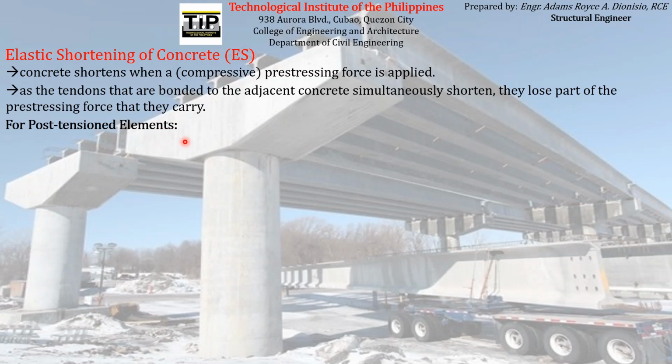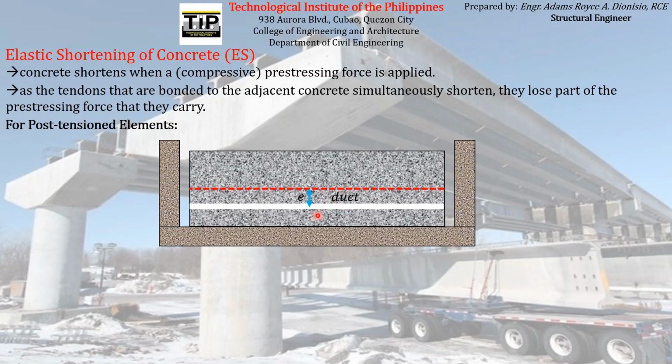to illustrate the particular method to compute the pre-stress loss due to elastic shortening of concrete for post-tension elements, say for example, we have here a post-tension element. So this is the concrete, which has an embedded duct wherein the pre-stressing reinforcement will be inserted later on, when the concrete has already attained enough strength to withstand the pre-stressing force that will be transferred to it by the